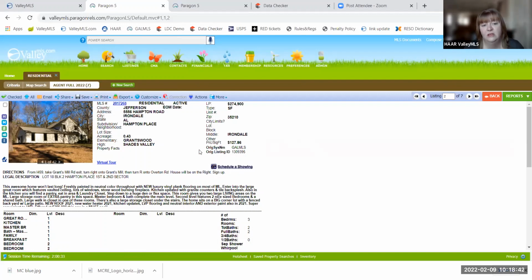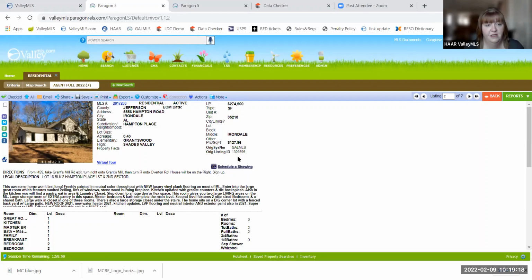I'm going to circle it with my mouse. The originating system name shows us Greater Alabama MLS. Also has an originating listing ID. This is important because if you have a client that brings a listing to you, let's say they've seen it elsewhere, Zillow, Realtor.com, somewhere like that, and they have an MLS number, you will not be able to find it by typing that MLS number into the Powersearch if it's a Birmingham listing, because we assign them a new MLS number, this one up here that starts with a 2. But in their system and wherever they're sending their listings out to, their MLS number is going to be this one right here.